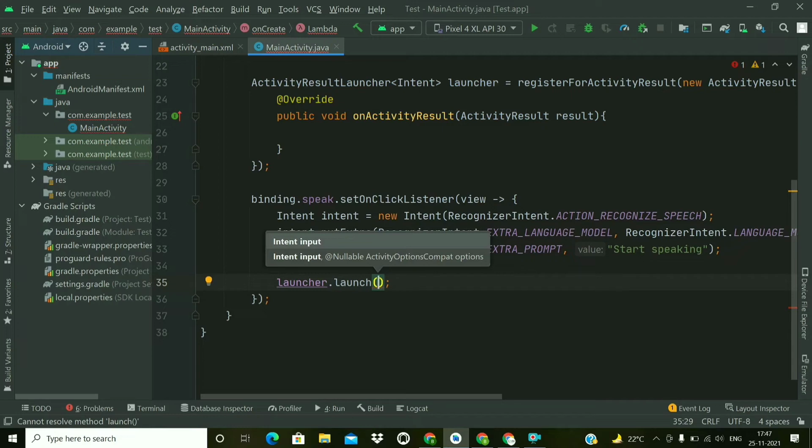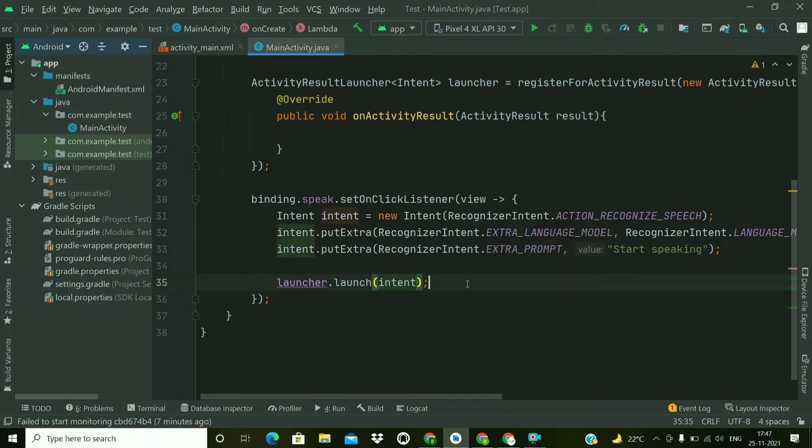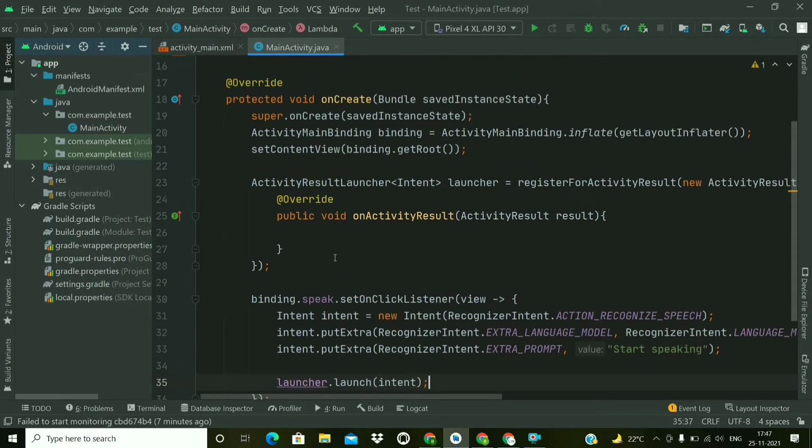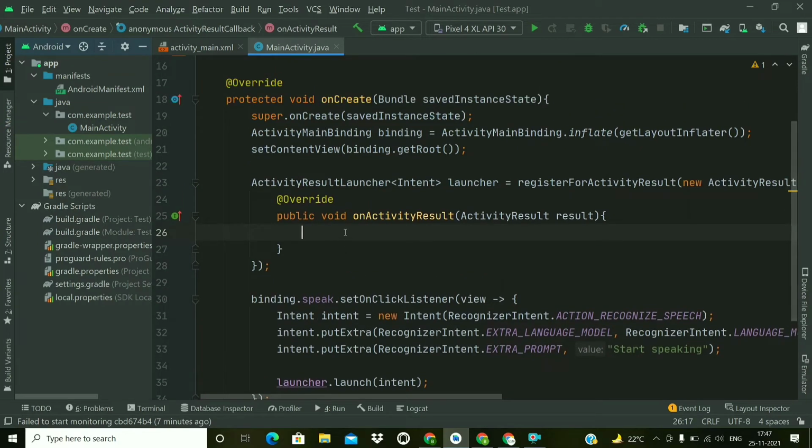Remember that there is no request code attached with this method, and whenever our activity returns a result, this callback method is called. In this we will get the activity result object. From this activity result we can get the result code as well as the result data.